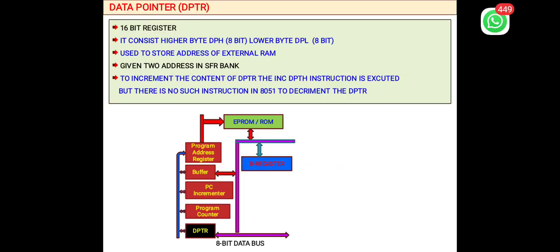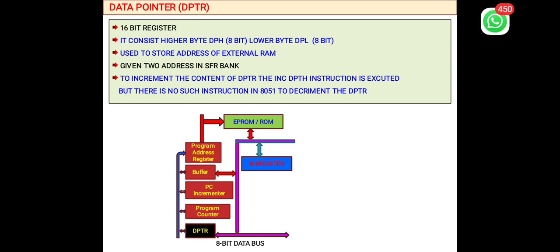Data pointer, DPTR, is a 16-bit register, used to hold the 16-bit address of data memory. It consists of a higher byte DPH, which is 8-bit, and a lower byte DPL, which is also 8-bit, of the external data RAM address.